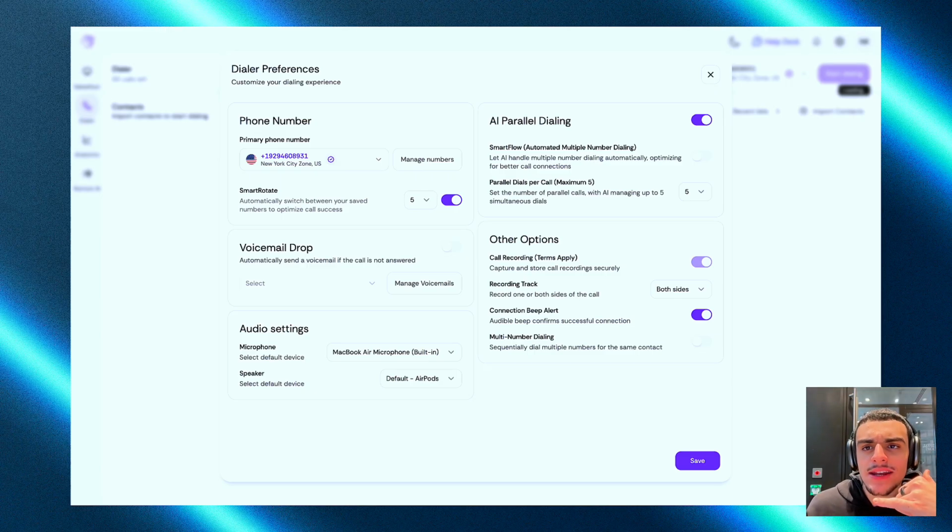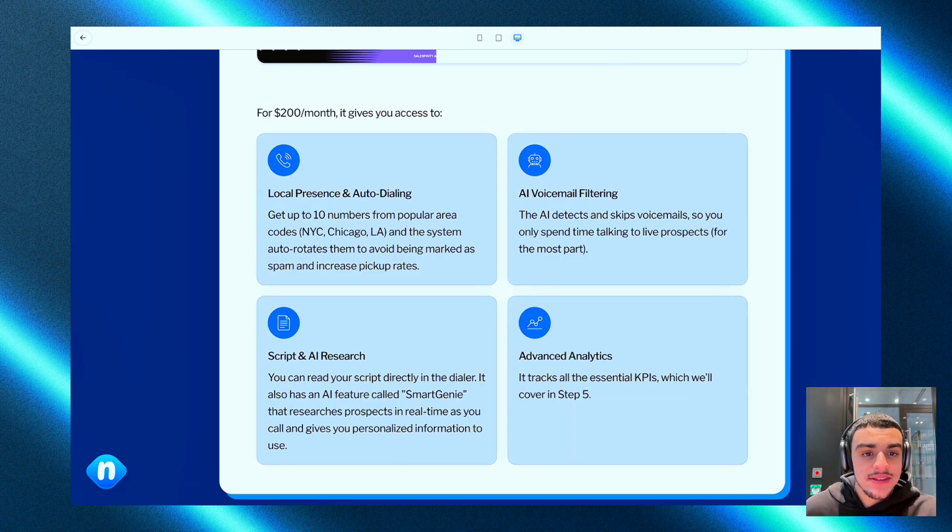Because if you're calling from the same number like 1,000 times, the carrier or cellular, whatever they're called, are going to catch you, the phone police, and then they're going to mark you as spam, and you're going to get less pickups. The other thing that Salesfinity does is it detects and skips voicemails